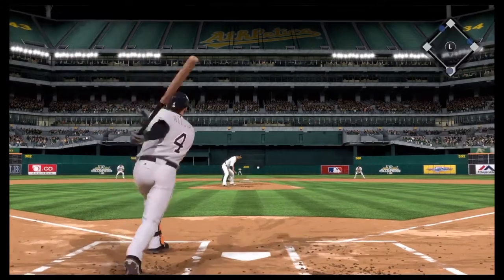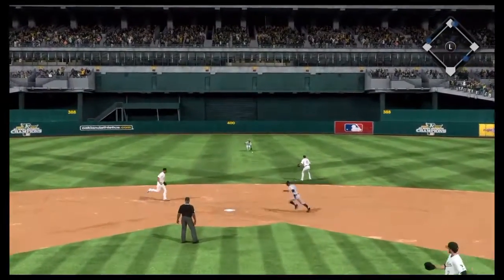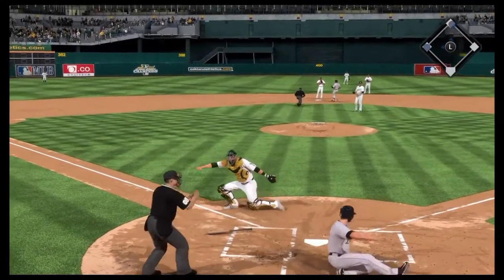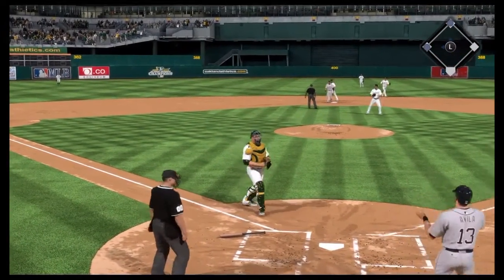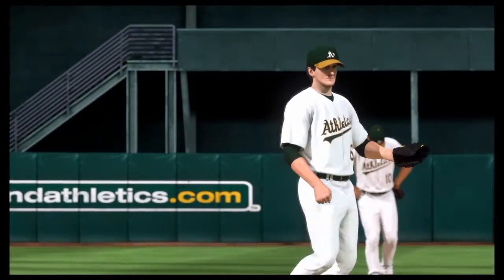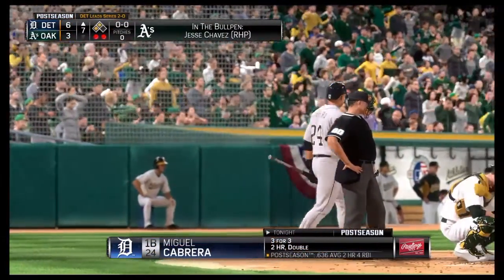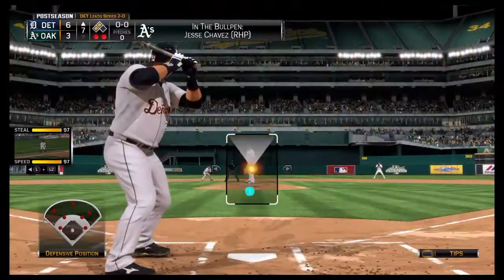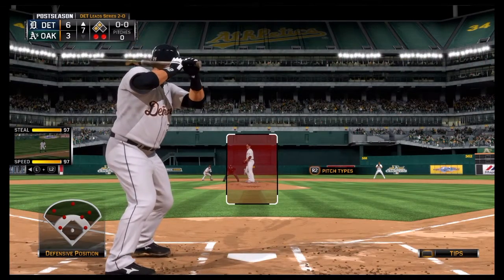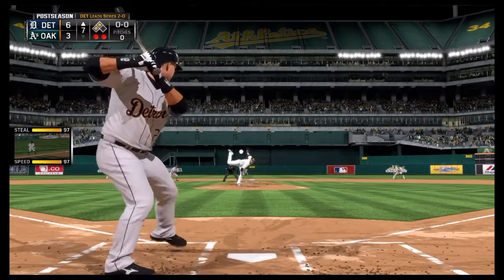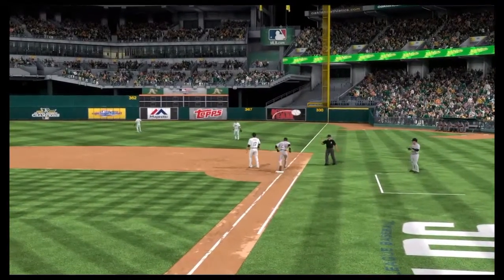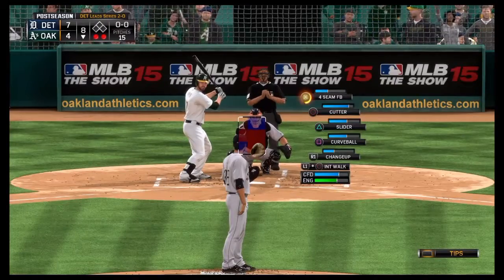Anyways, the pitch from Scribner is hit back up the middle, base hit, and that will load the bases. No, actually, runner will score from third, just ahead of the throw. Everyone will move up a base, so runners at second and third. Here 2 outs, as there's another pitching change for the Athletics. And yet again, Cabrera is up. Let's see what he can do here. First pitch from Otero is down, but that will be a ground ball to Zobrist to retire the side here in the 7th. And we will now move along to the bottom of the 8th